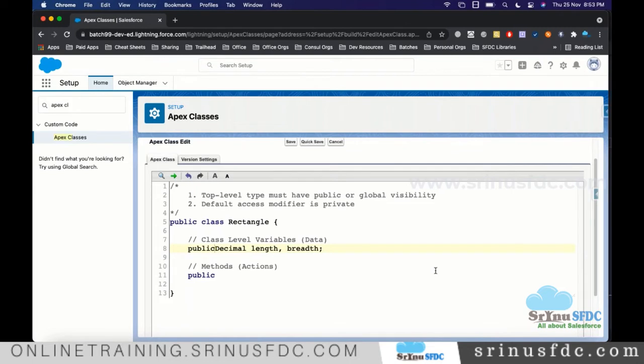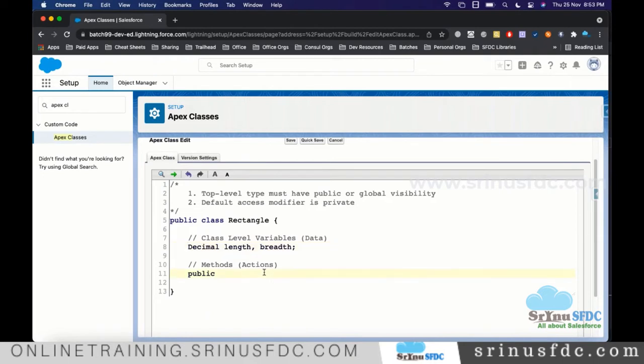If you don't mention anything, by default the system treats those as private. Okay, got it, thanks. Same way for a method also. Keeping this access modifier is optional. If you don't want to use it, don't use it. By default the system takes the method as private.